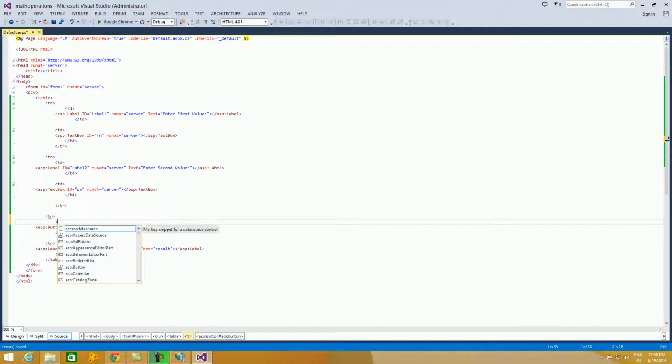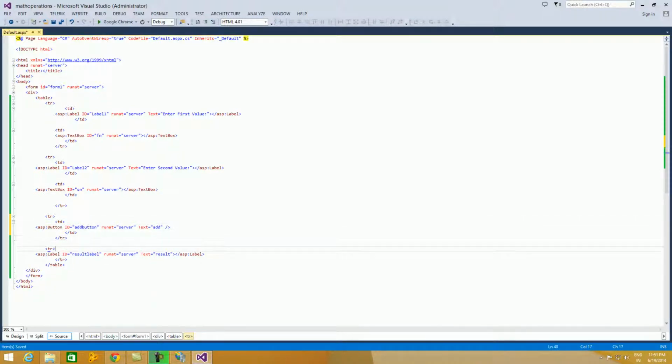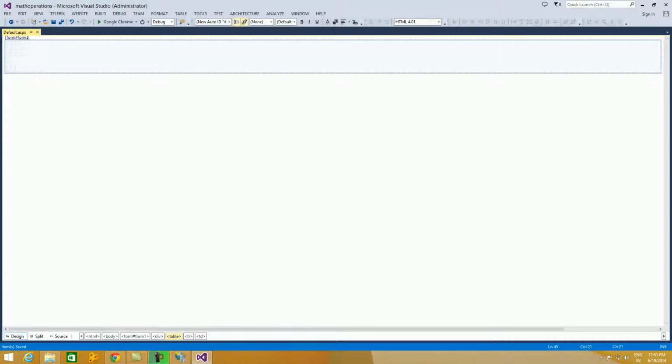For the third row, I'll create only one column, and for the fourth row also I'll create only one column. Okay, now go to design mode. We are not able to see the controls, but we can see the arrangement of the cells. This is first cell, second cell, third cell, fourth cell. This is one cell, and these are two cells.